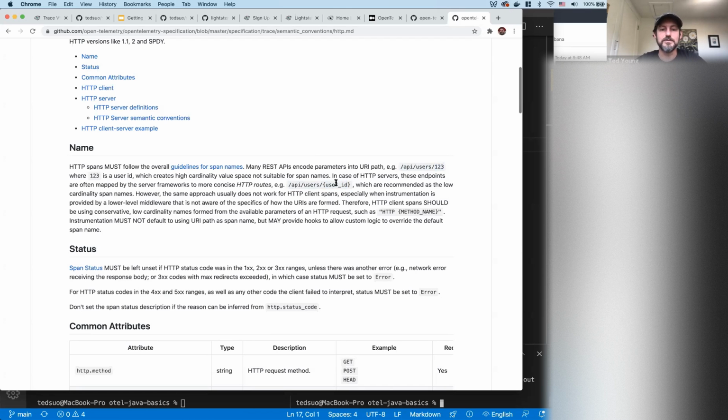On the flip side, if you don't have routes, you need to go with something a little bit simpler, which is just HTTP method name. And so this is a little too low cardinality because you don't necessarily want to look at just all the HTTP gets across your system, but you can scope this down a bit by looking for, say, gets coming from a particular client. But ideally, you're getting this routing information in there if you're using some kind of web framework that has a concept of templated paths or routes. That's the ideal name for an HTTP span.